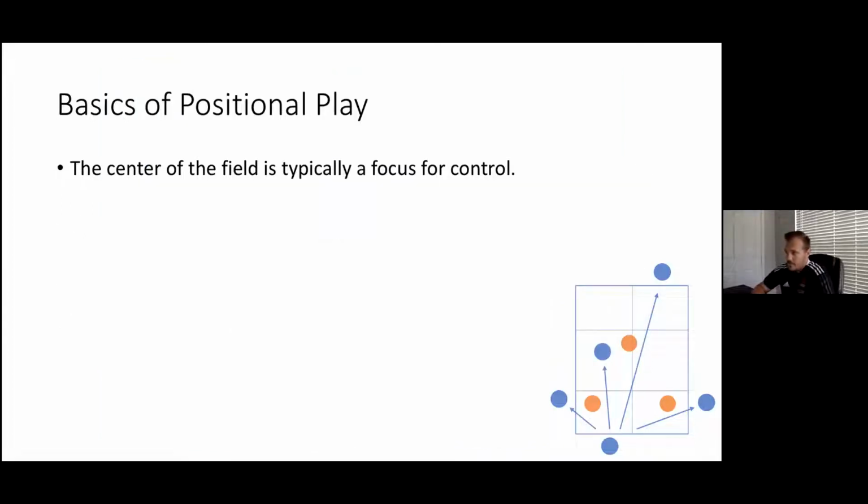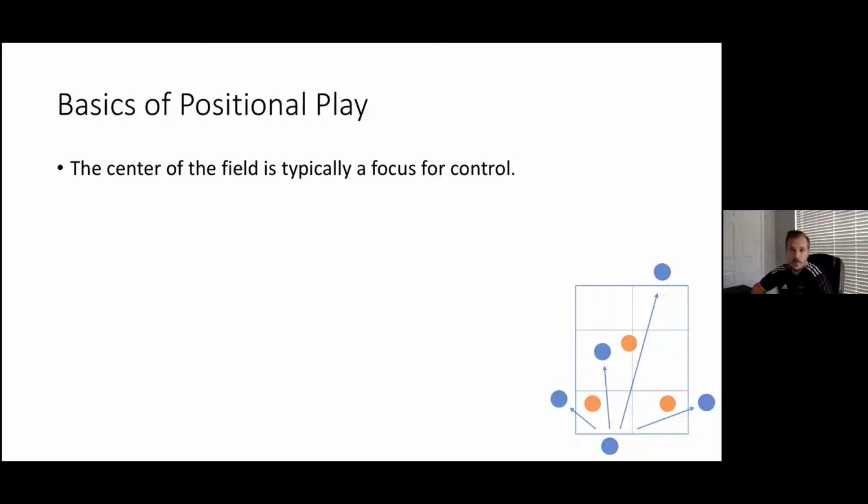So a little bit more on the basics. The center of the field is typically what teams try to control. And the value of that is basically because the goal is in the center of the field. So the opponent goal is in the center. So if you can control the center and you can threaten the center, the opponent has to react to you. And in that case, they open something else. If you're positioned right, if you're spread across the field the right way, the opponent has to react to you, stop you in the middle, for example.